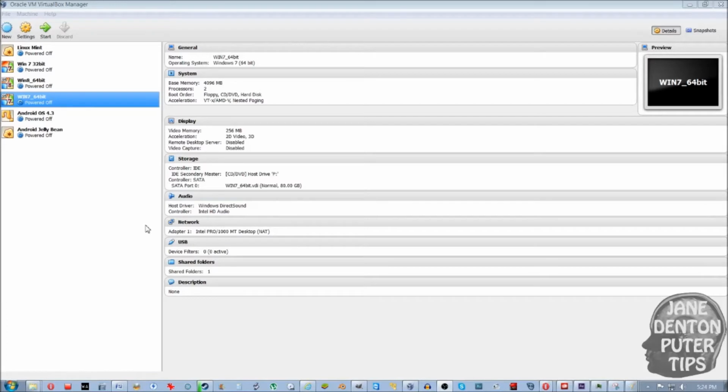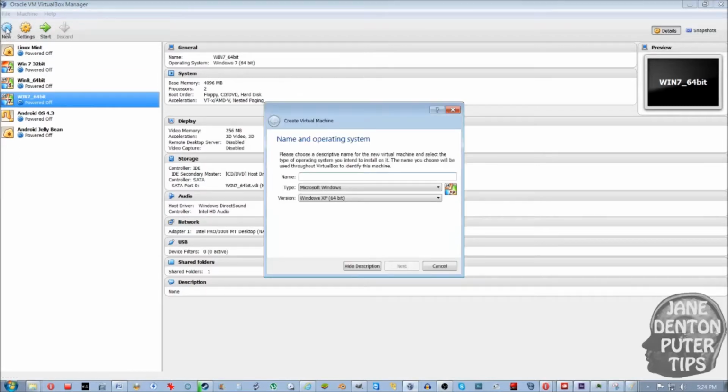In this tutorial, I'll walk you through the steps to create a new virtual machine using VirtualBox. You just go up to New, and you're going to give your virtual machine an identifiable name. I'm going to be installing Windows 7, so